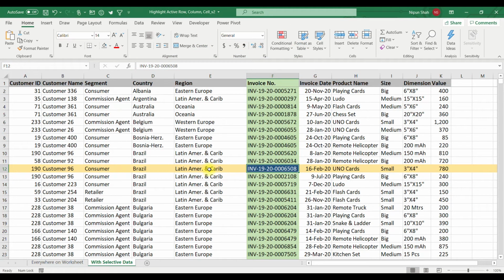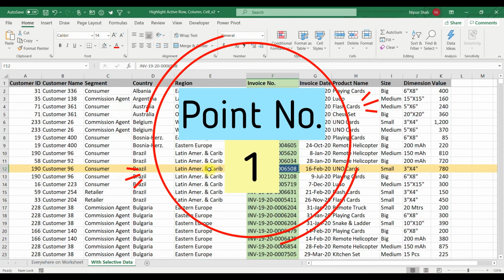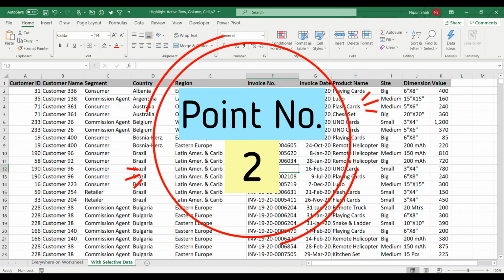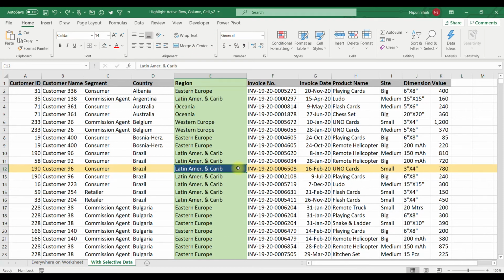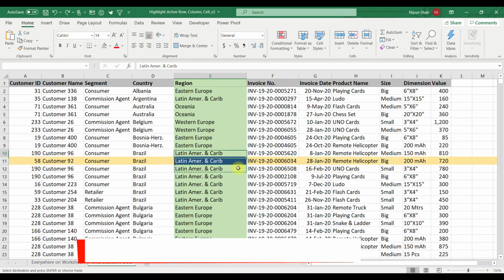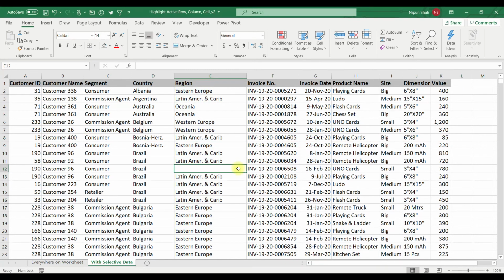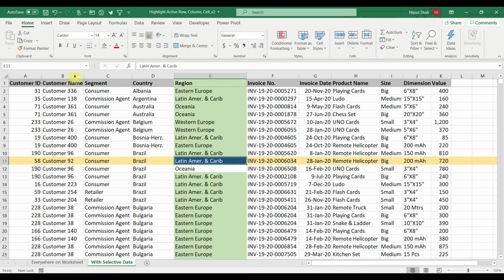Now guys, I will tell you few points that you should take care. Point number one is, if there is a blank cell in your dataset and you select that cell, your conditional formatting rule will not work. The second point to remember is, if you cut any cell from the dataset and paste it somewhere else, your conditional formatting rules will also move with the cell. Even if I type something else in the cell, my conditional formatting rule attached to this particular cell will not work. To correct this problem, you can copy the formats from the cell above and paste it here.